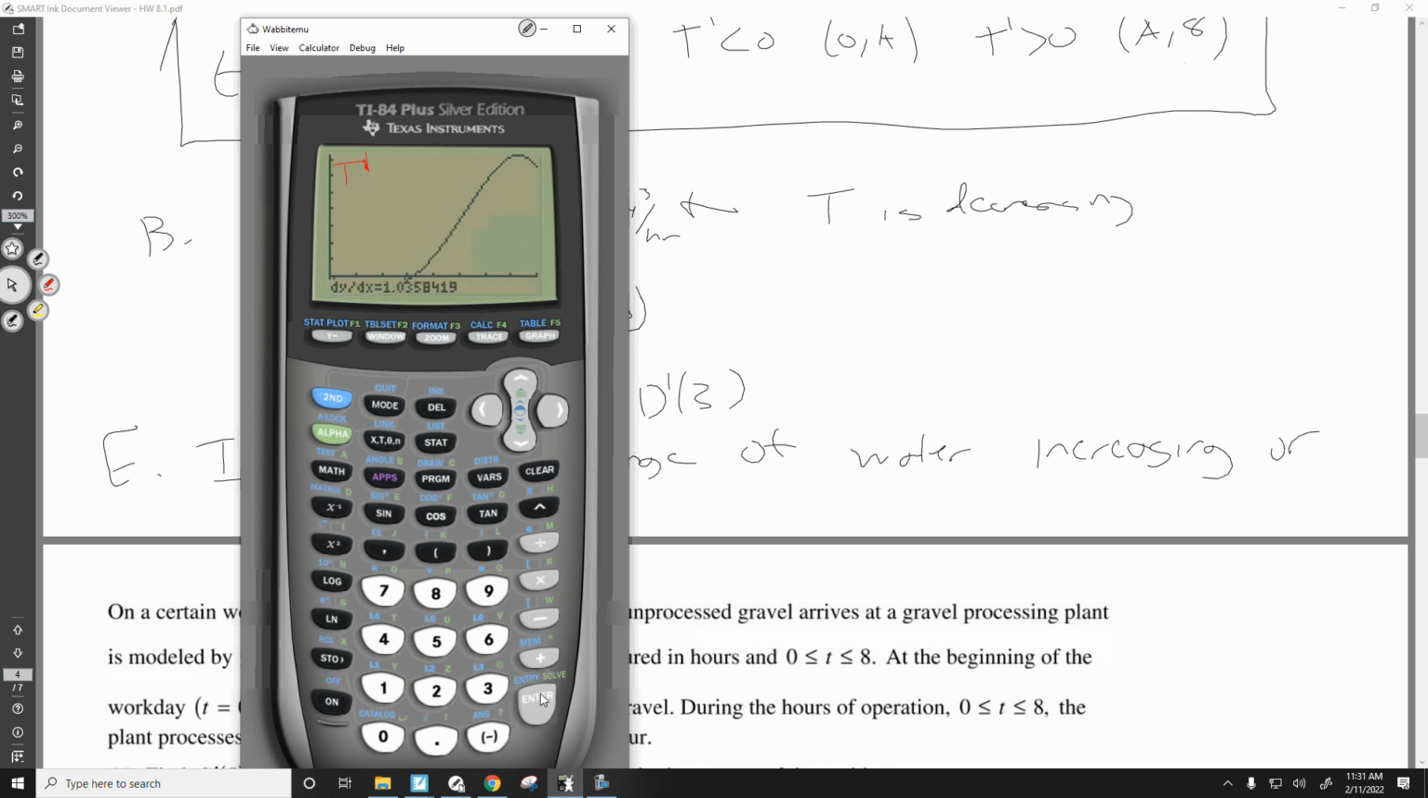T double prime is positive. T prime is increasing. The rate of change is increasing. Remember that? Cool with that? Remember, your calculator can approximate tangent slope. Could you take the derivative using the derivative rules